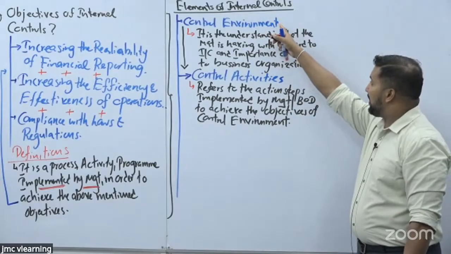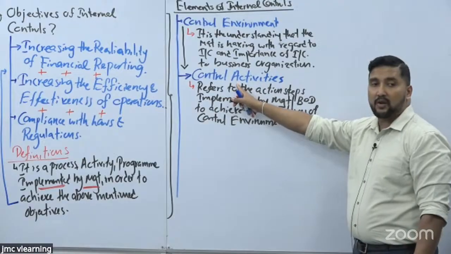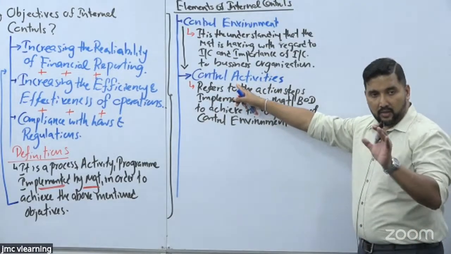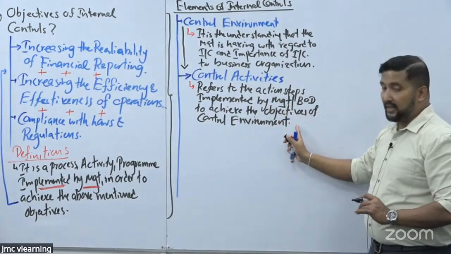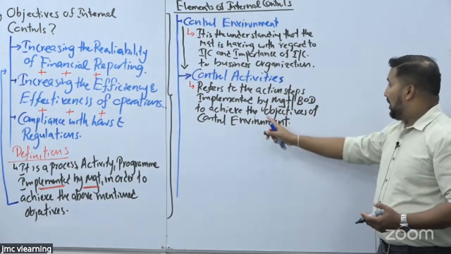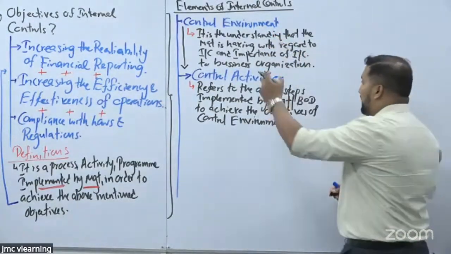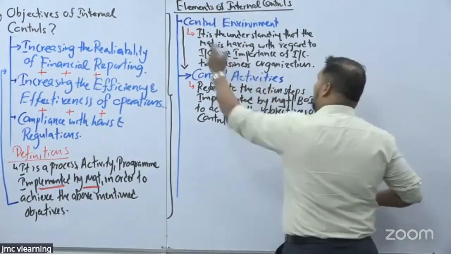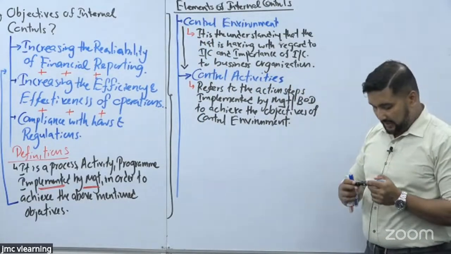මෙන්න මේකේ තියෙන අරමුණ මුදුන් පමුණුවා ගන්න අනුගමනය කරපු ක්‍රියාපටිපාටි ටික තමයි කියන්නේ control activities කියලා. Control activities are the action steps implemented by the board of directors or the management to achieve the objectives of the control environment. Okay, so for you to have better control activities, first thing that you need to have is what? Control environment. Clear? Right.